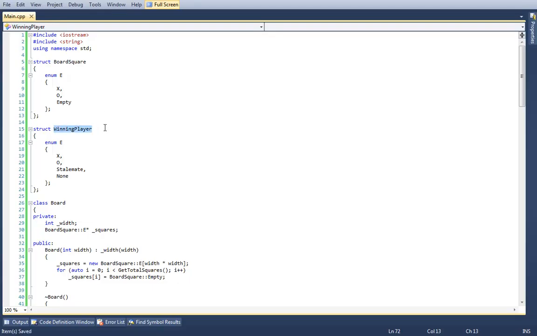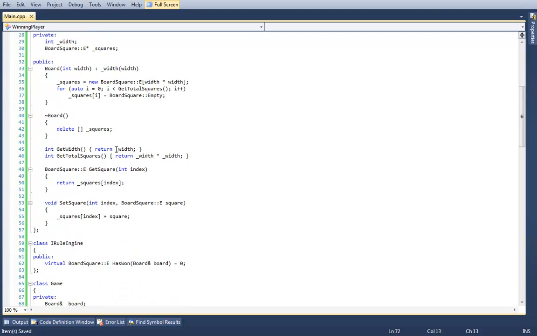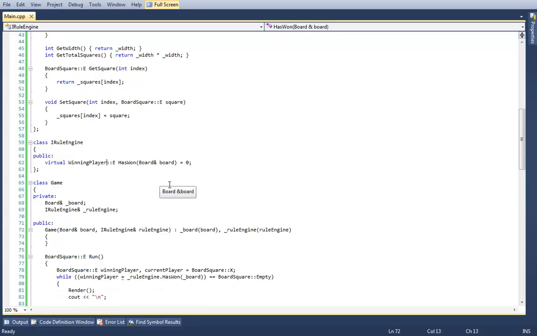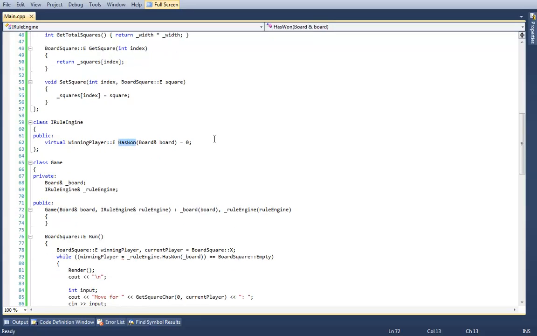So, to use the enum, I'm going to change the rule engine class to return a winning player. And I'm going to change the method name to get winning player. You don't have to do that, but again, I just typed this code out too quickly. So the rule engine becomes winning player E get winning player board.